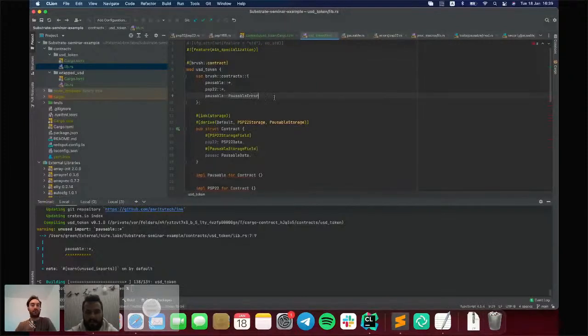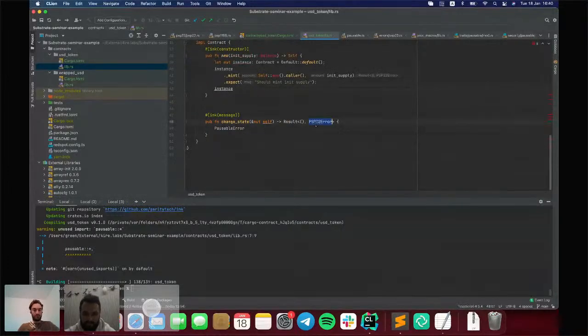OpenBrush provides conversion between both errors, so we can easily convert one into another.